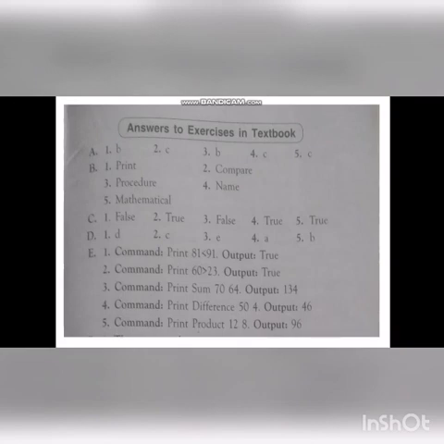Next, match the following. First one, print primitive. For that, the answer is D in column B, used to print text on the screen. Second, sum function, the answer C, used for adding the numbers.